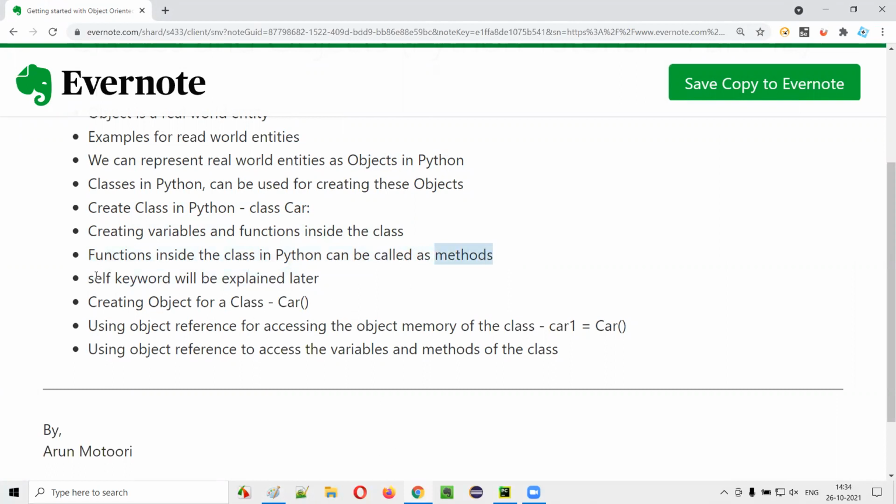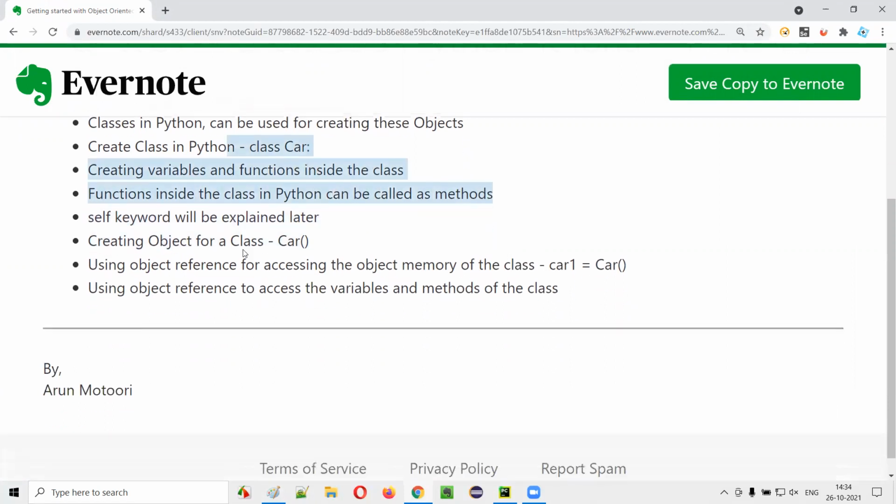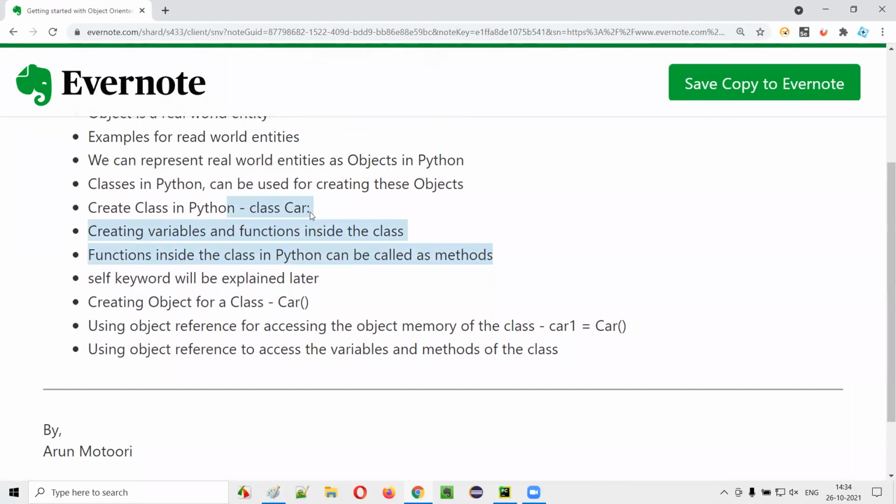You can create any number of variables and methods under the class, and to access these properties of the class, we first have to create an object for the class, assign it to an object reference, and using that object reference we access the variables and methods of the class.